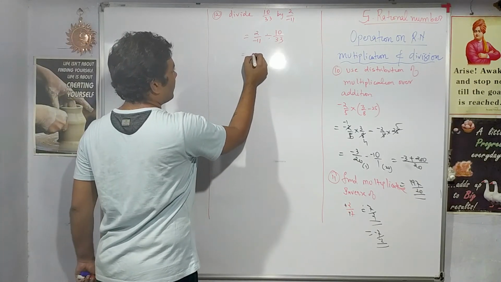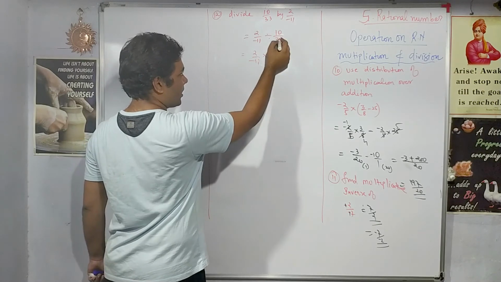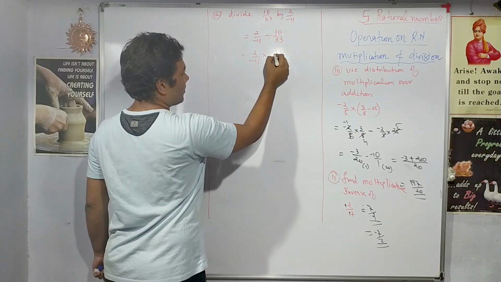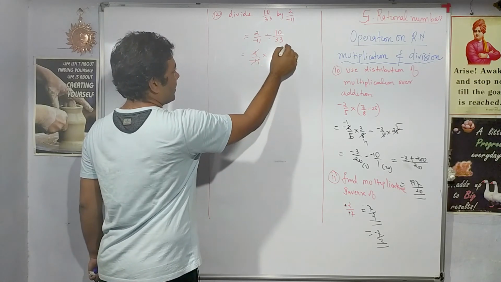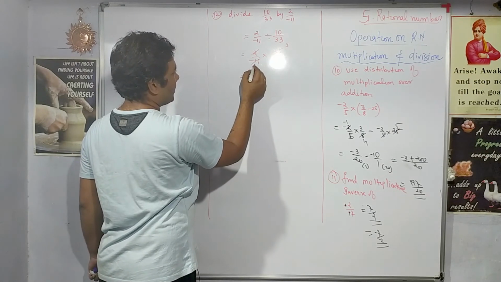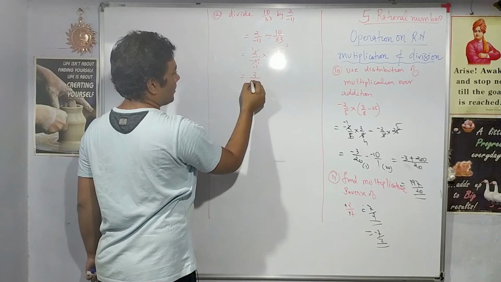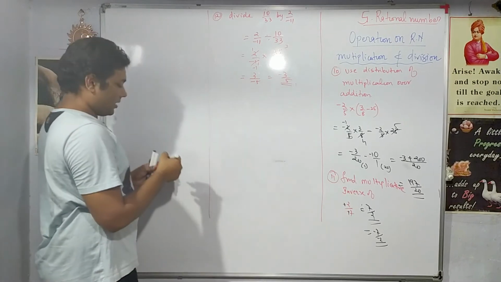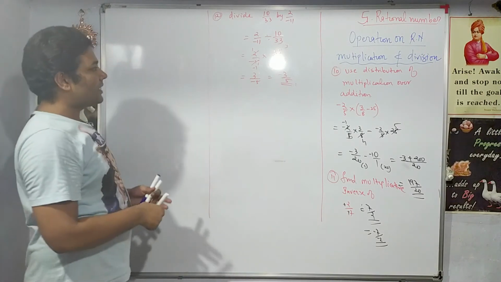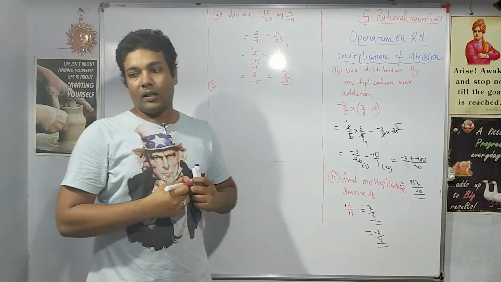So now 2 by minus 11 division gets converted into multiplication and the next term becomes reciprocal. Now 2 5s are 10. This will cut 3 times. So answer will be, in denominator remains 1. 1 3s are 3 minus 5. So this can be written as minus 3 upon 5. This is the answer. Easy? Yes, easy.